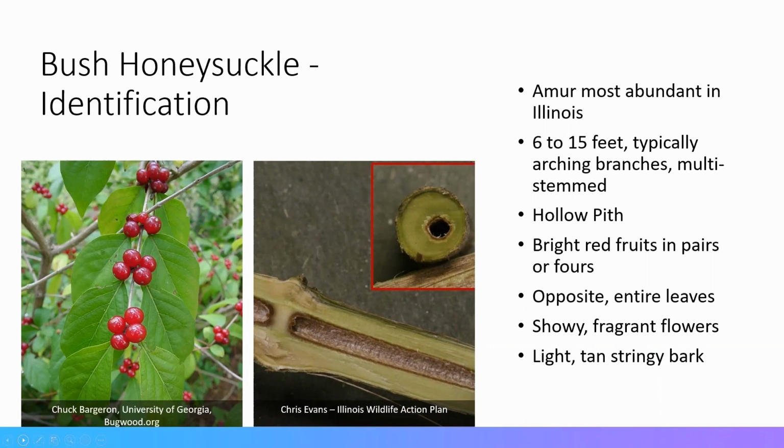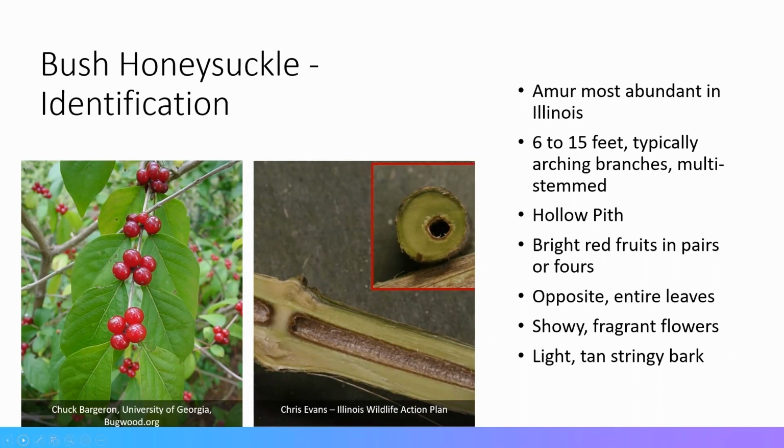But one way that you can very easily identify this is it has a hollow pith. As that center chamber pictured in the middle picture on the screen, the middle of that stem is hollow. That's the pith, and it's hollowed out. Take a hand pruners, cut it. If all of these characteristics start lining up and it has that hollow chamber there, that's a good indication this